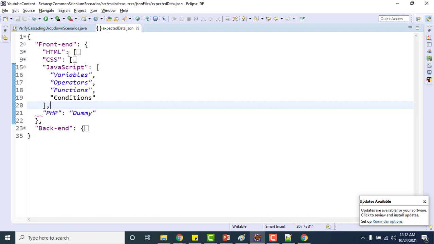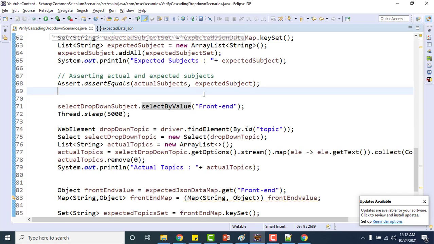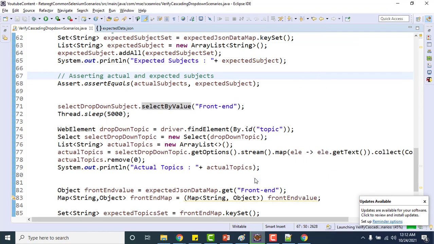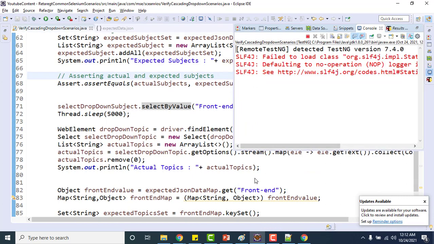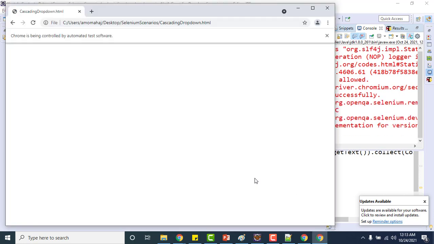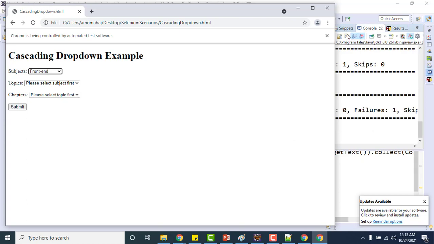So what I did here, inside the front end we have 4 menus now, right? 4 topics we are expecting, but actually we have 3 only. So let me go and run this one, and it will fail because actual and expected topics are not matched. It is waiting for 5 seconds because we have given the wait, and yeah, it should fail.